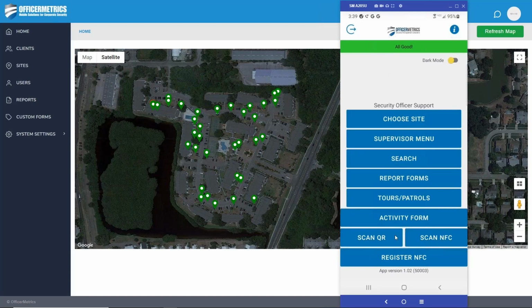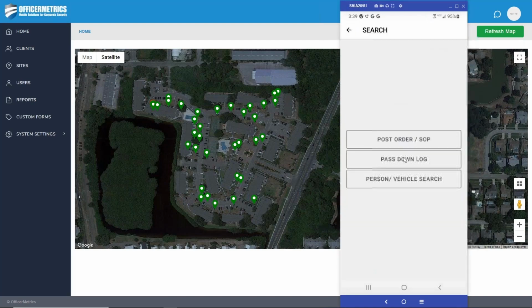All right. So the functions below the Choose Site and Supervisor menu. Search is where you will search anything that has to do with the functionality that you need access to. So whether it's post orders that they've entered for your site, or it's a pass down log based on the entries done by the previous shift, the previous 24 hours worth of data will show there, or a person vehicle search. And this one is like a police capability where if data has been collected in the past on a particular person or on a vehicle,